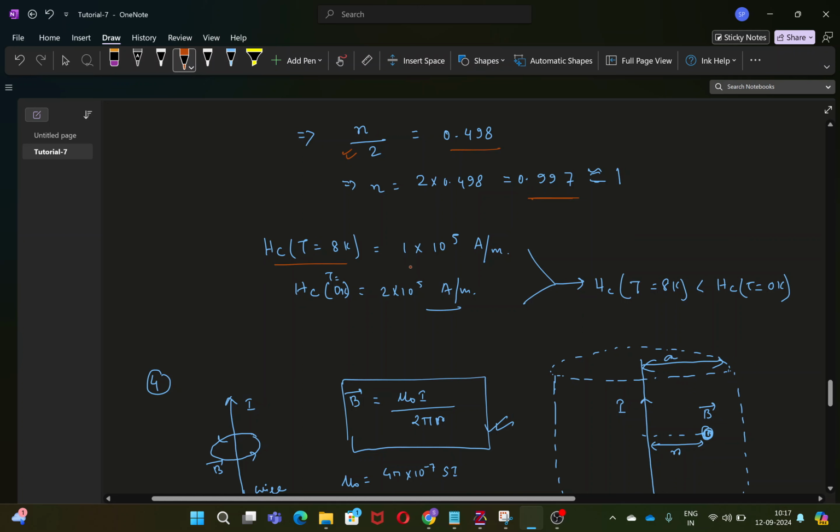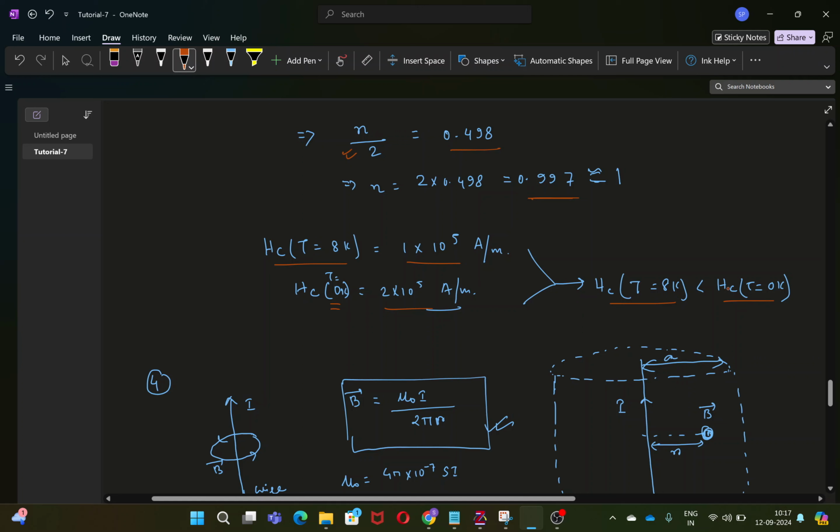So your HC at T equal to 8 Kelvin is nothing but 1 into 10 to the power 5 ampere per meter. Now just to cross verify some of the things, I also showed you that this value 1 into 10 to the power 5 ampere per meter is actually smaller than the value of HC at T equal to 0 Kelvin, which is 2 into 10 to the power 5 ampere per meter. So your HC at T equal to 8 Kelvin is lower than HC at T equal to 0 Kelvin, and